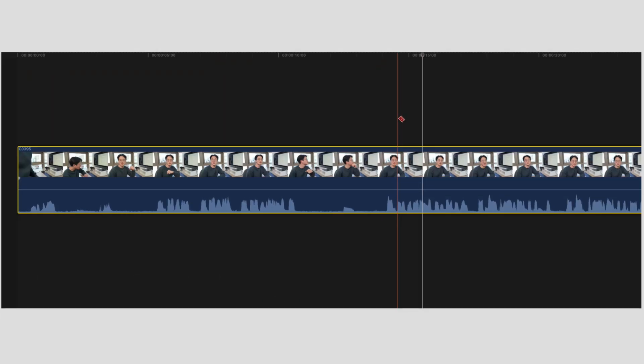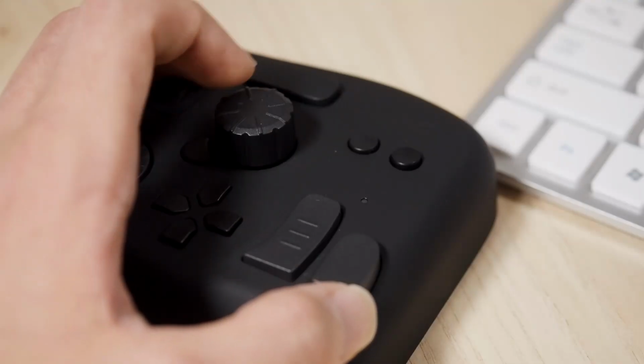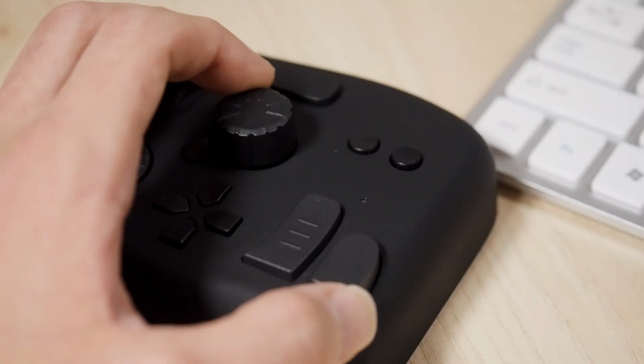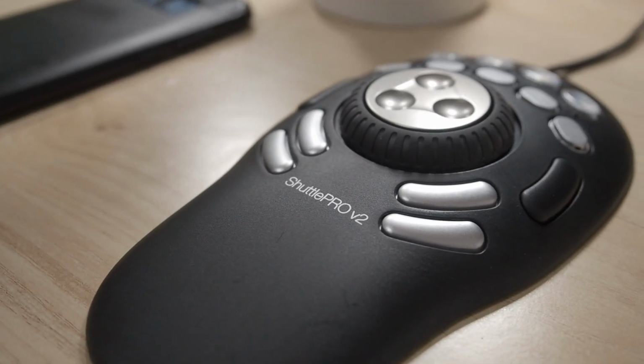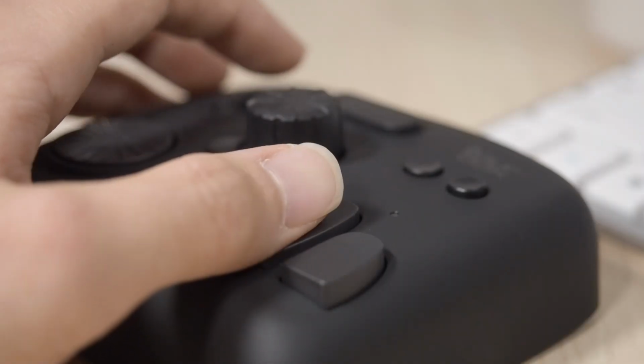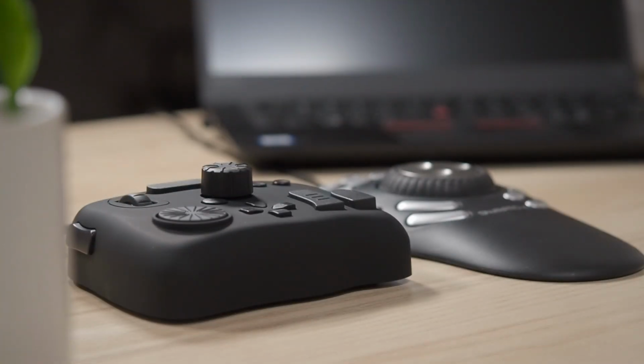Being able to use different functions with a combination of different keys is a great feature and a lot more versatile compared to products such as the Shuttle Pro 2. Although there are 2 adjusting knobs there, having 2 dials is not as versatile as using different keys and different dials in combination with one another. And since we're talking about using keys, let's talk about the keys next.